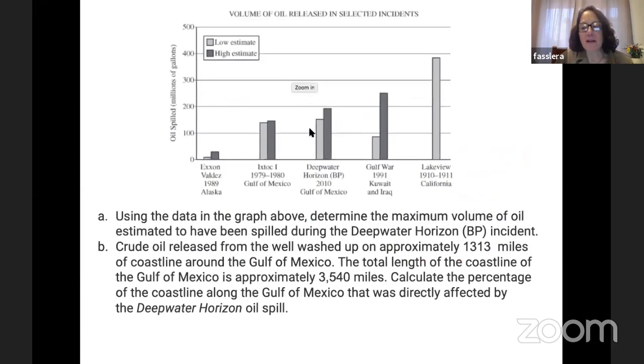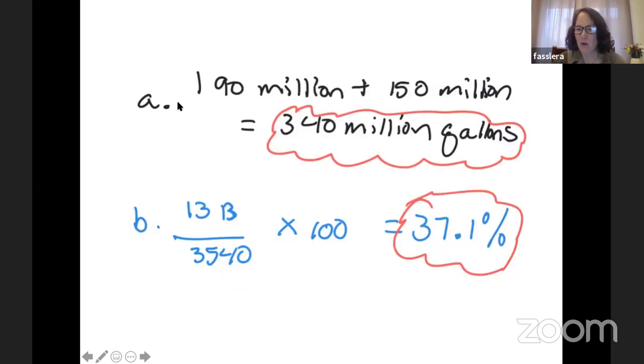Remember, that's the benefit of looking at the labels of that X and Y axis to begin with. This is not just 200 barrels, it is 200 million barrels. So that's an area where they might snag you a little bit. And then in question number 2, a lot of times I tell my students when they're struggling with a math problem to sketch a little picture and try to visualize what the problem is asking you to calculate.